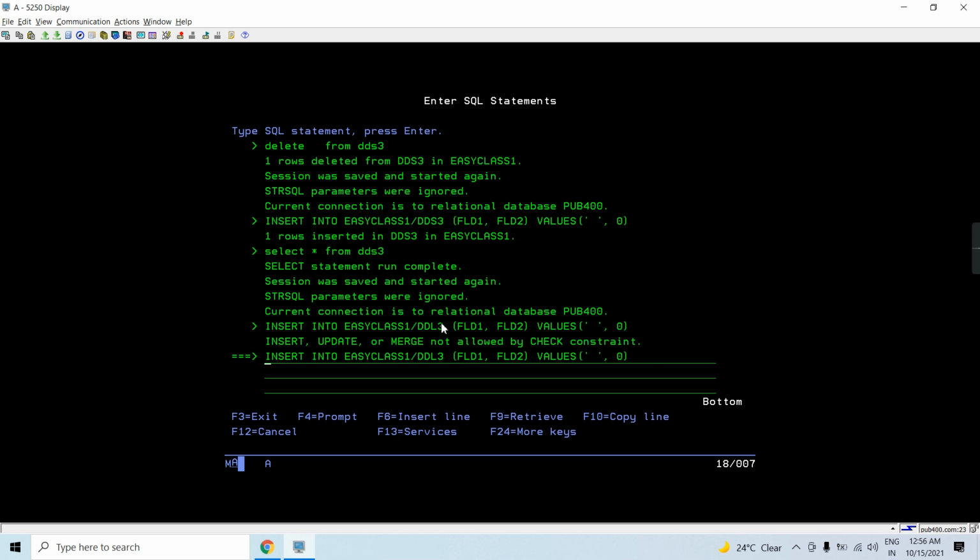So in DDS we could have garbage data or invalid data present in the files, but in a DDL file we must not have any garbage data at all, because during the insert operation SQL itself checks whether the data is valid or not. So this is the main difference.